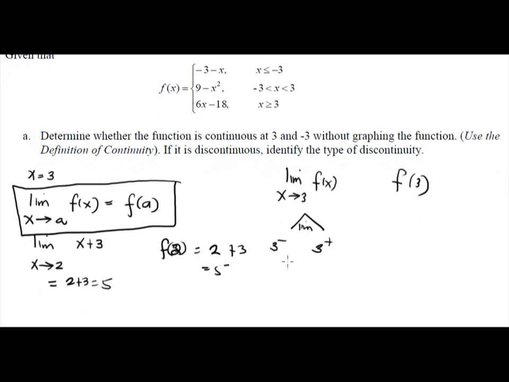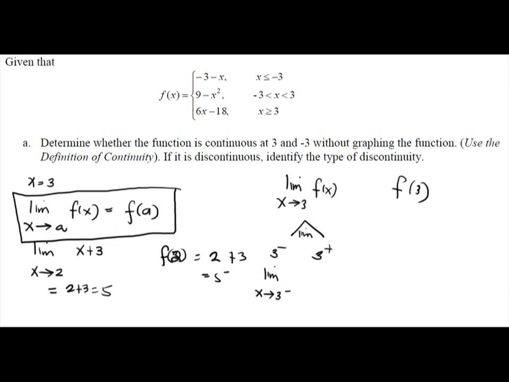So, let's investigate what is the limit as x approaches 3 from the left. Now, the function is a piecewise function. So you have three options what to place here. Because remember, the function can be -3 minus x, it can be 9 minus x squared, and it can be 6x minus 18. So how will you determine which expression to use? The key here is